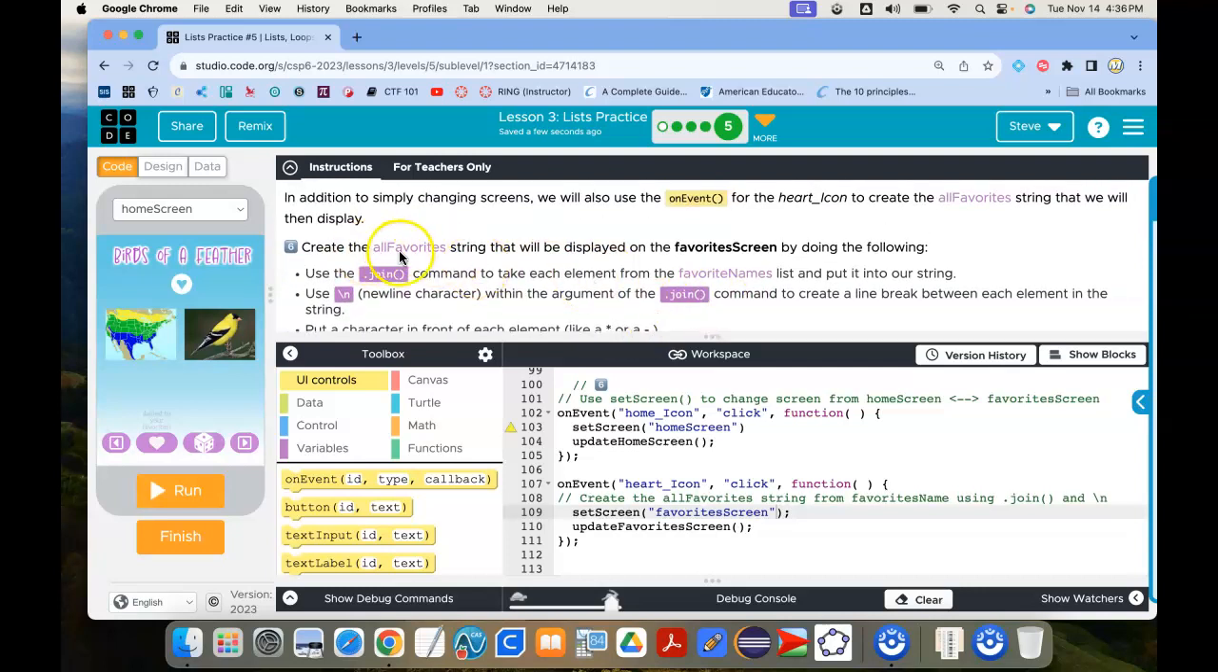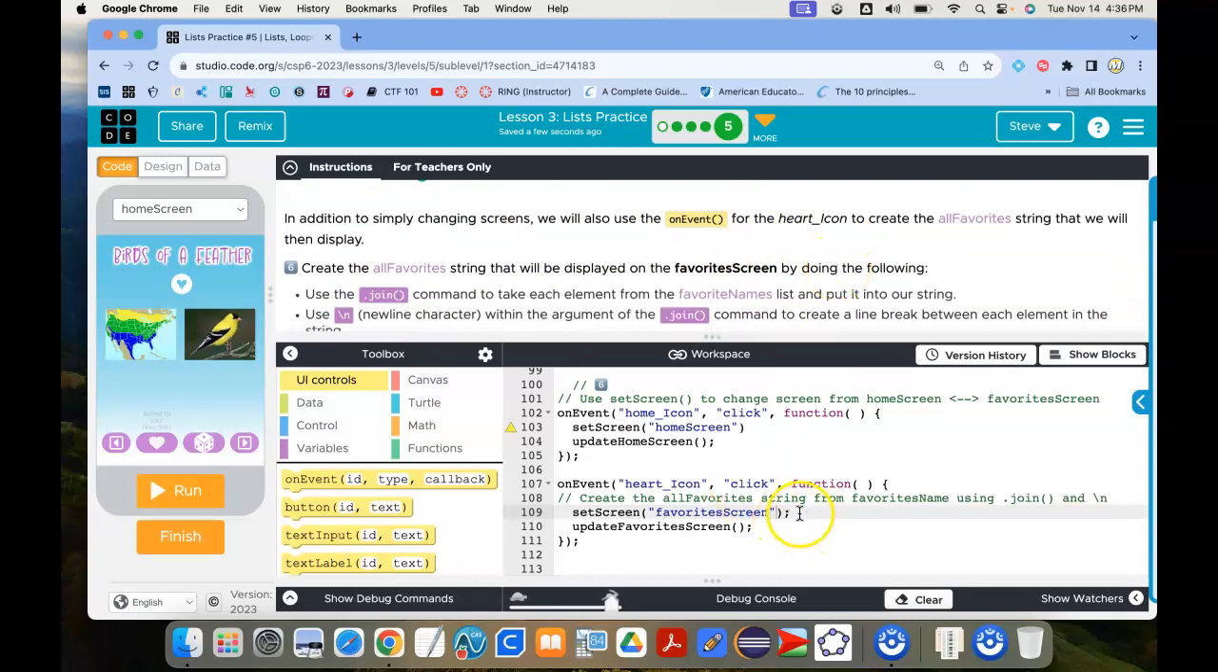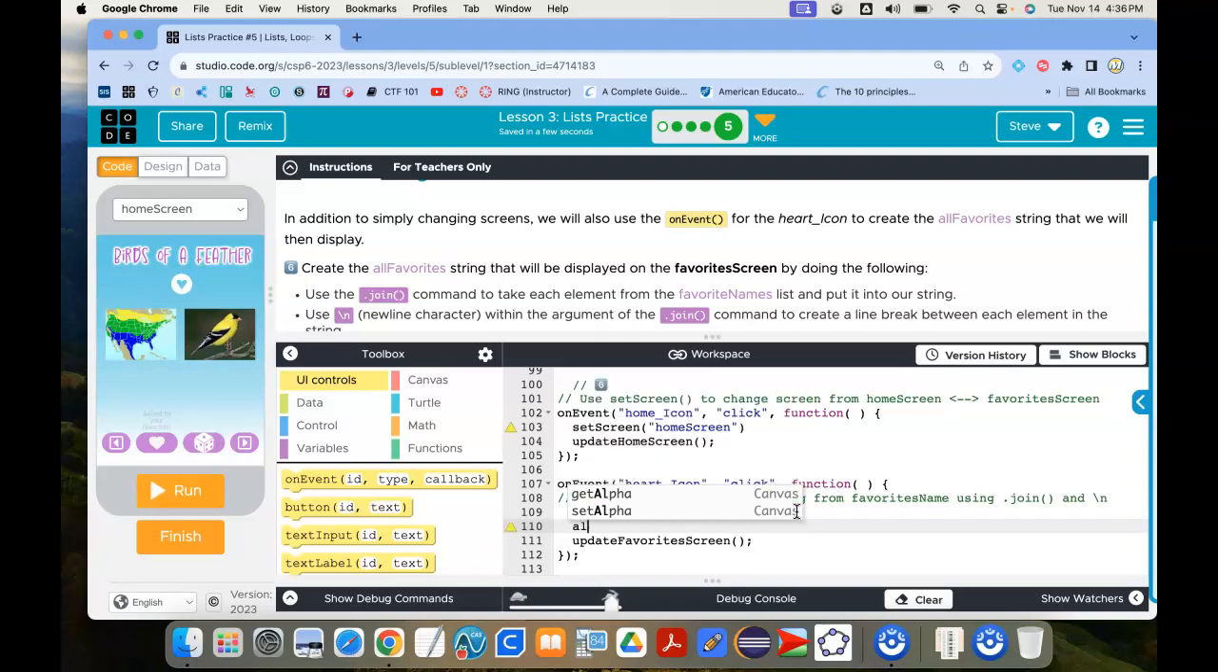So create the all favorite string that will be displayed on the favorite screen by doing the following. I need to go, let's see, where do I have to go to do this? The on event for the heart icon. So here's my heart icon. So I want to do all favorites equals